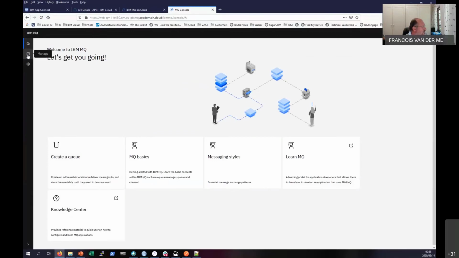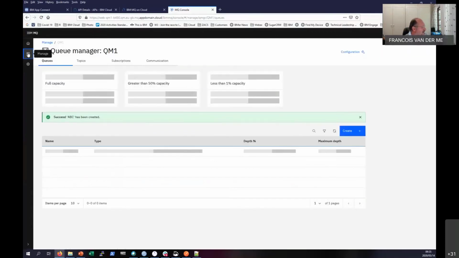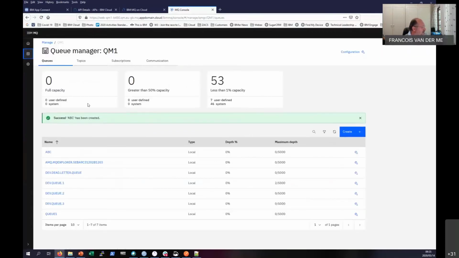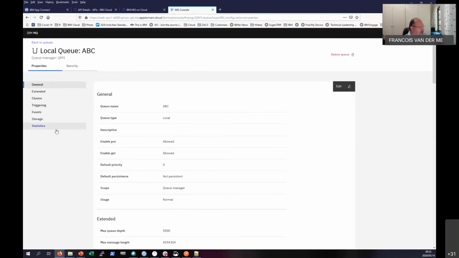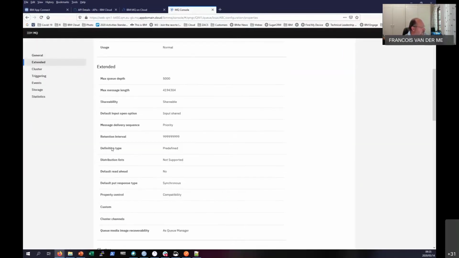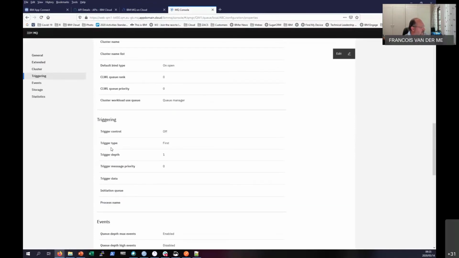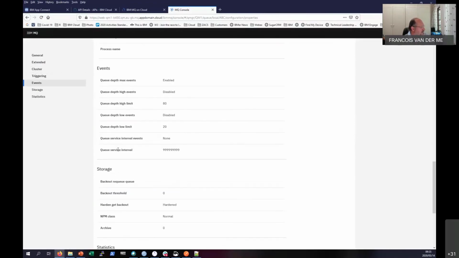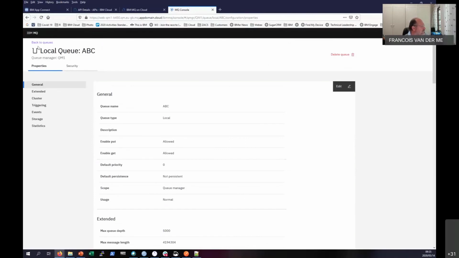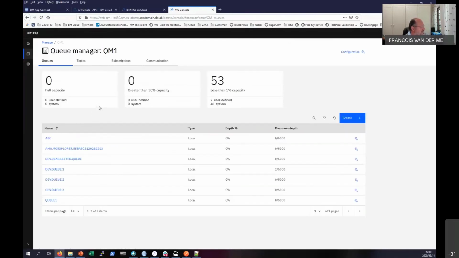So I've created a queue, and if I go to manage this environment now, it pops me straight into the queue. So there's the queue I've just created inside this environment here. I can go into the settings for this queue, and I can edit, and then I can change any of my normal settings that I'm used to having inside a queuing environment. Back to queues. It gives me a little bit of stats over here, so full capacity,